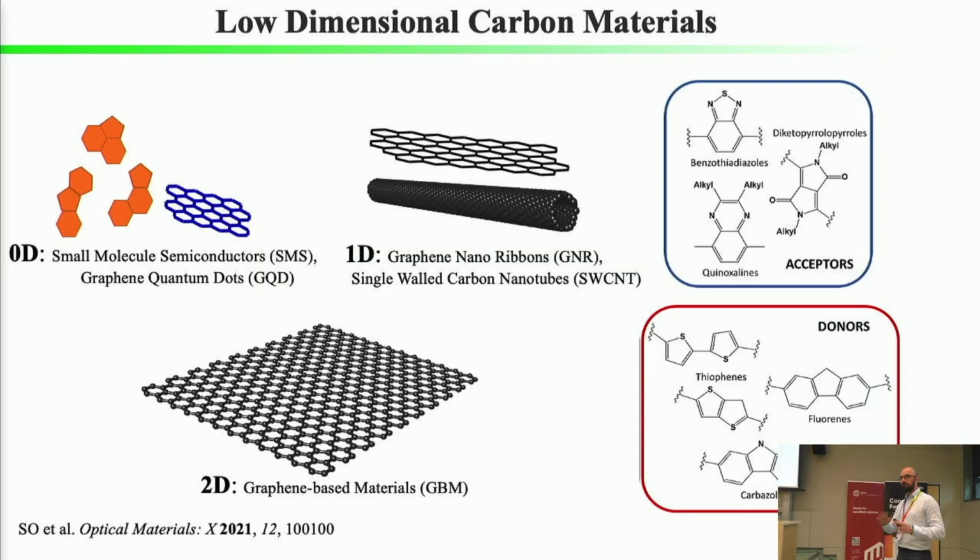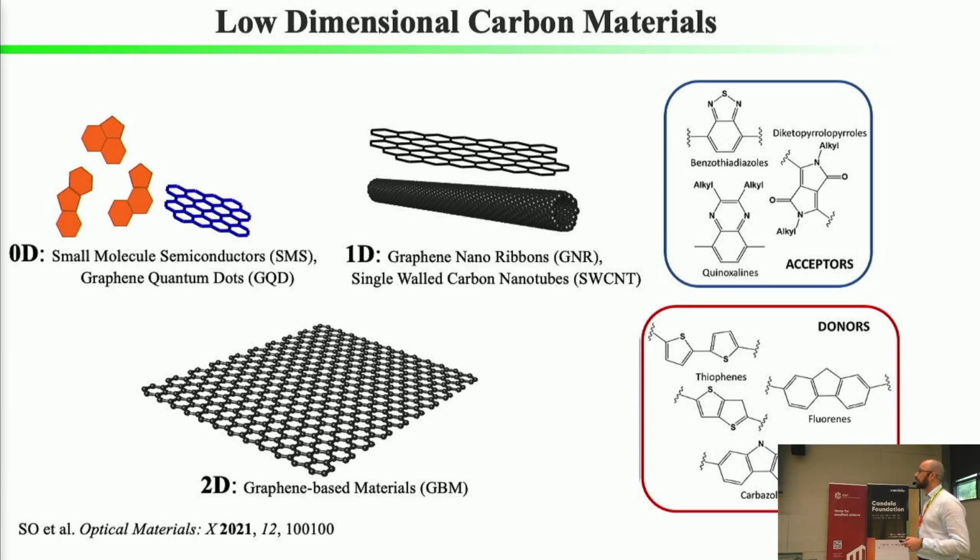With this talk, we change topic a bit and talk mainly about carbon materials in low dimension. I don't think I have to spend a lot of time explaining that graphene was the first 2D material that was experimentally obtained, but this is only the 2D side of carbon. You can also have 1D graphene nanoribbons or nanotubes, or 0D fullerenes and graphene quantum dots, which have many different names,